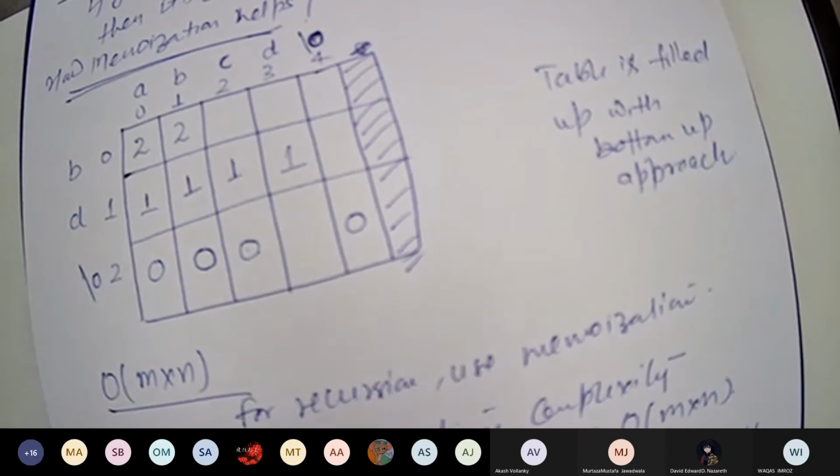Now, we will be doing the next topic, that is, with dynamic programming, longest common subsequence, LCS.